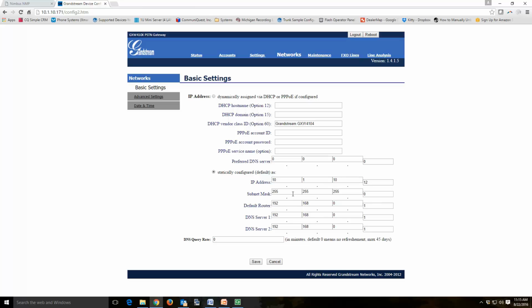So in this case we chose 12. You choose a subnet mask for your network. In this case you'd want to put in the router. So here the router is 10.1.10.1. The DNS server, you can put these in 10.1.10. So we'll use the router's for the first DNS server, and then if you wanted to use a different DNS server, say Google's, you can do that here. This device is not going to be using DNS servers too often, so it's not going to be a huge deal. So if we click Save,